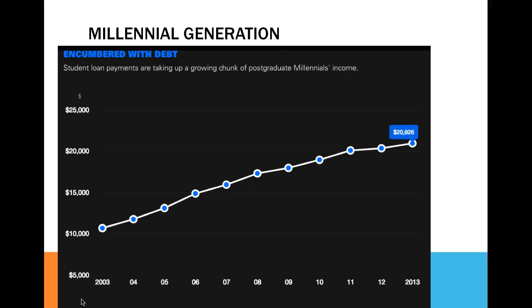The last reason I wanted to bring up was the dual income parent couple. So many kids or millennials are able to stay home now because they have two parents working outside of the home. That's something that's normal now. And the mom and the dad are able to take care of their kids even when they're past 18 years old, whereas before it would be a little bit harder to do that. But now, since you've got the dual income parents, you can afford to keep your adult kids in your house for a little bit longer.